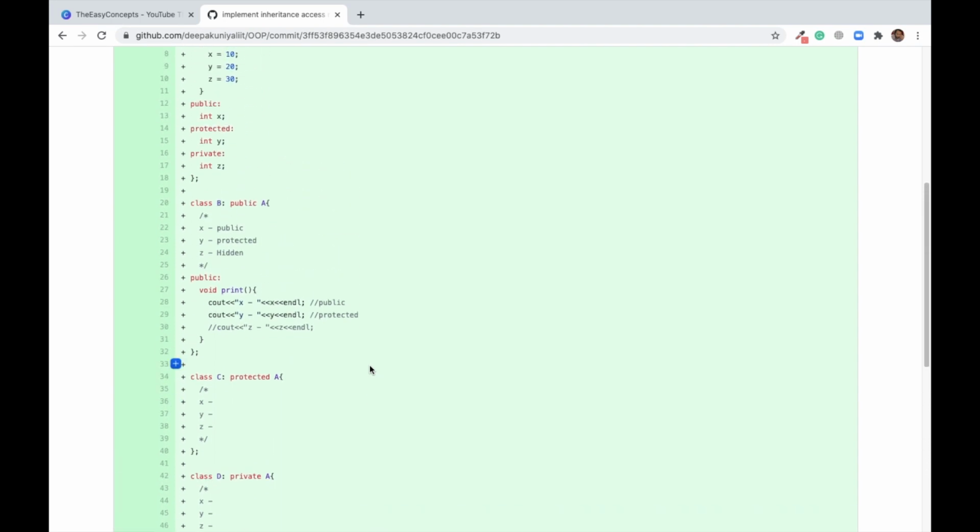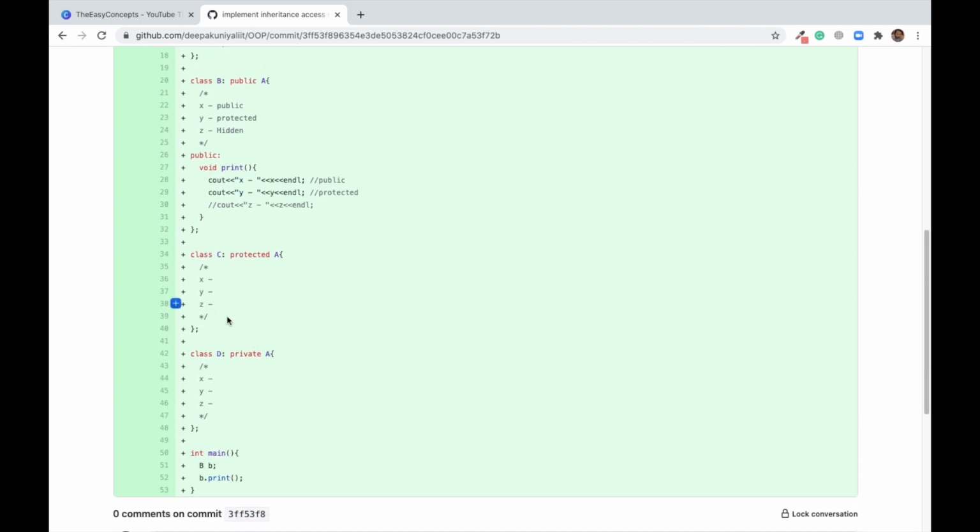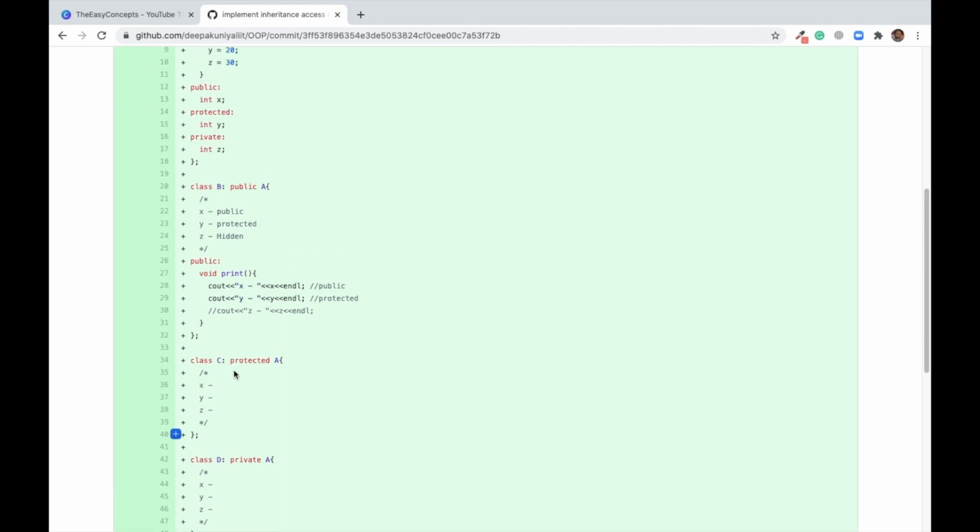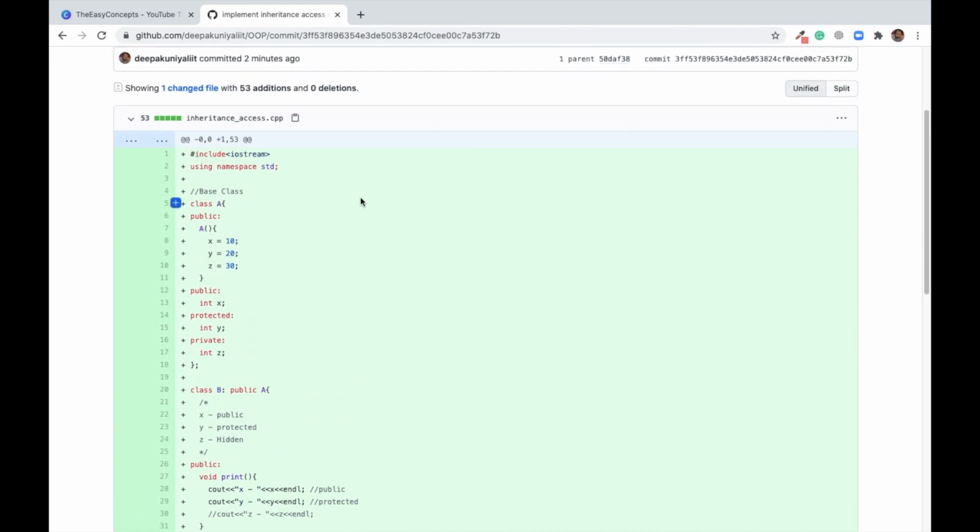Clear? So now your task is to implement this whole class and ask me in case of any doubt in the comment section, right? So I think this lecture is a bit lengthy, but it's good if you want to understand all the concepts of inheritance. It's still not complete because we have to implement a lot of things, and the example that we have discussed previously, that we want to talk about vehicles and then the derived classes of that, bus, car and truck. So we are going to implement that in the next lecture, but as of now please look into this. So I hope this is clear to you.